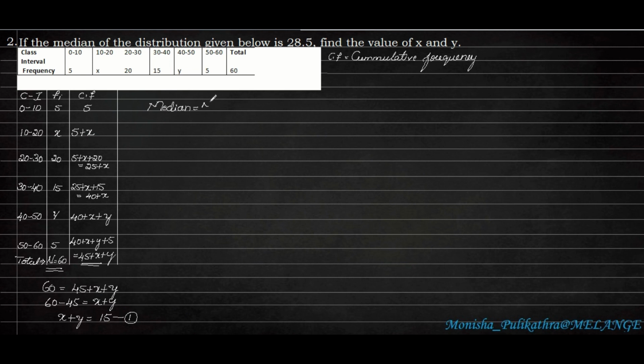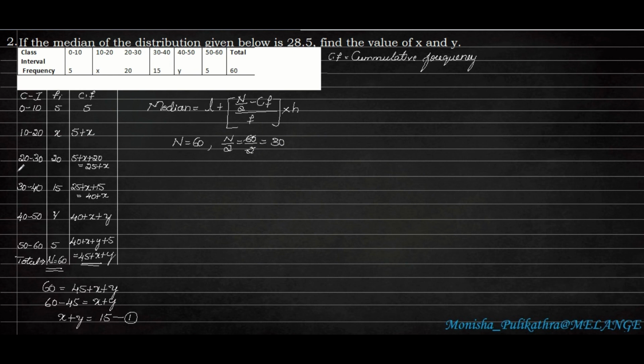Median is equal to L plus n by 2 minus CF whole divided by F into H. So here in this problem n is 60, which is already given. Therefore n by 2 is equal to 60 divided by 2, that will be equal to 30. We have to find out on which cumulative frequency this will be available. We know that 25 plus x is there. So 25 plus some extra number. There is some number which by adding we will get a number which is greater than 30 or not.